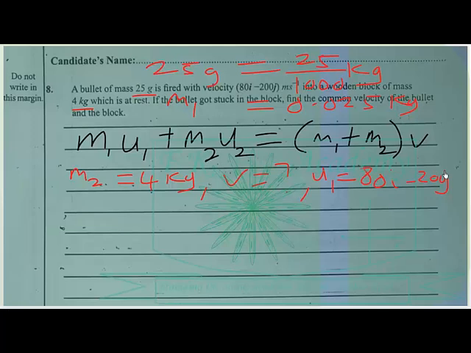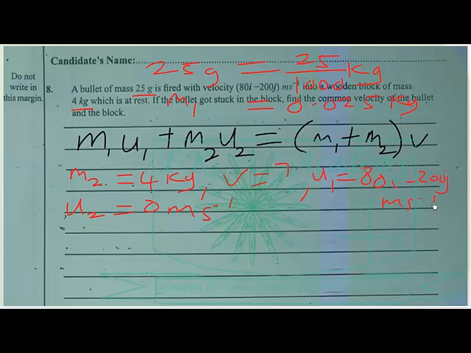So we have u2 to be equal to 0 meters per second. So this is in meters per second. So we can now calculate the final velocity, that is the common velocity. So we fix in the values. We have m1u1,